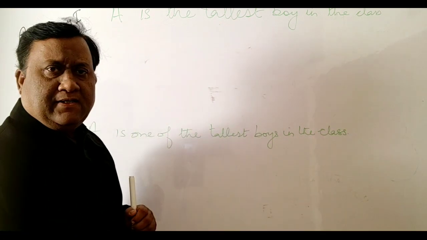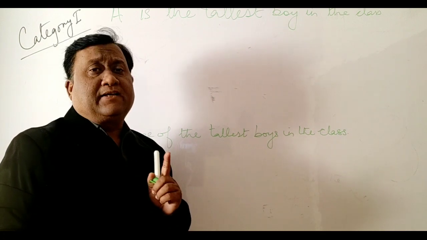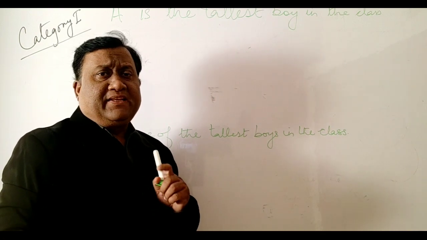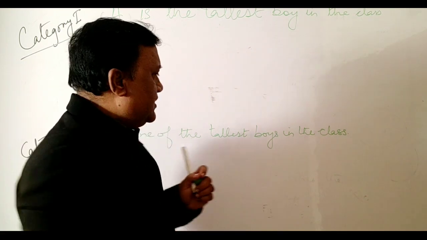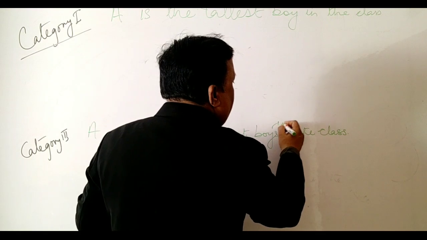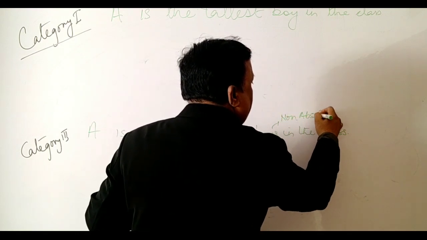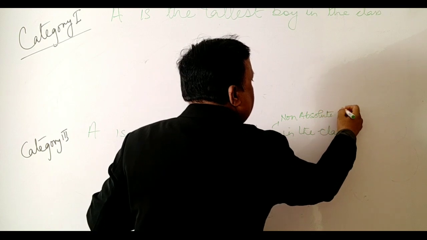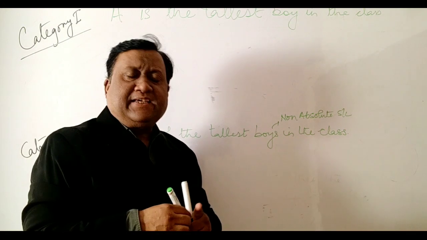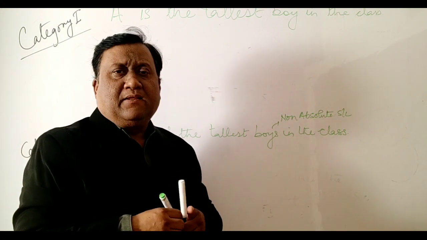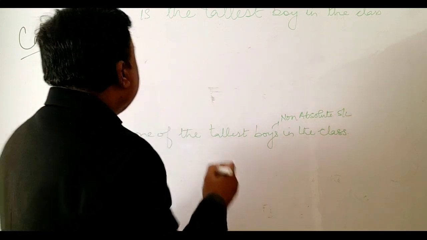This means that A is the tallest boy in the class, but there are 2-3 boys who are as tall as A. So this becomes non-absolute superlative. Now, since we said the comparison is between more than 2 boys in the class, so iska phir